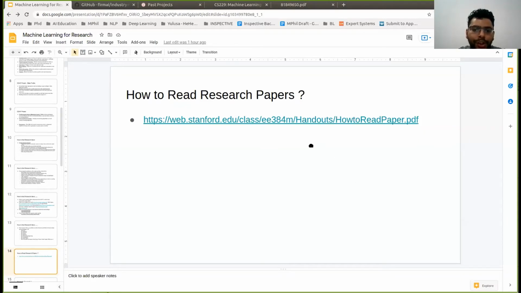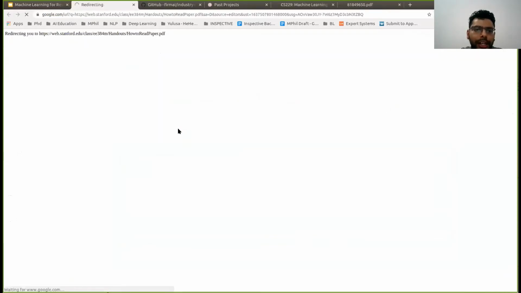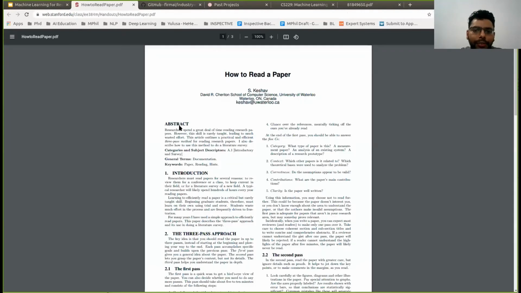You'll have to read lots of papers and find the limitations of those papers, and then based on those limitations, improve upon them. Also, when you're writing the research paper at the end, you will have to do a literature review, where you list down the papers that you have studied and what is there in those research papers.